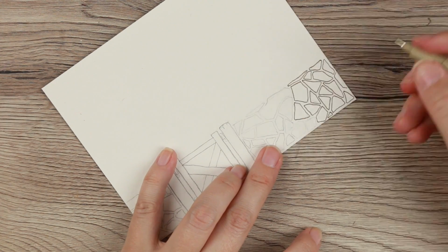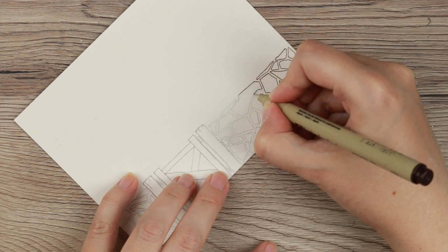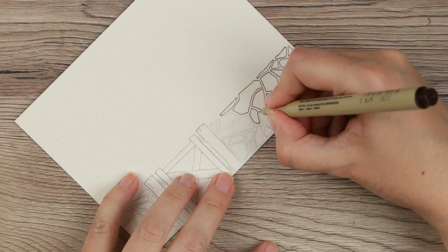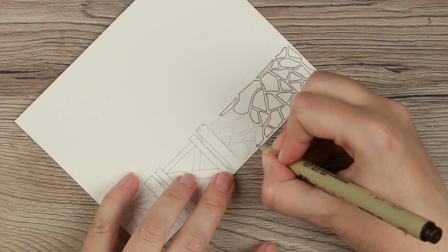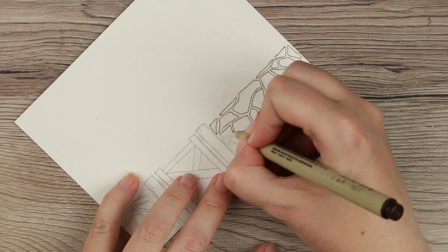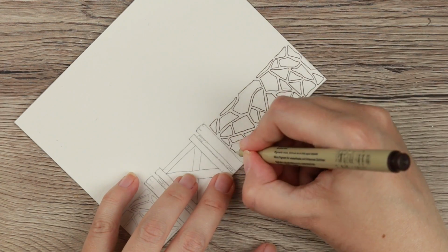I tried that on a separate piece of paper to just make sure that it was water fast. So I first did just a quick little doodle and ran some water over it, and it kind of ran everywhere. And then I did a little doodle, I waited for just a couple of minutes for it to dry into the paper, and then it didn't run at all. I'm choosing to go with a kind of cocoa brown color because I want it to be a little bit